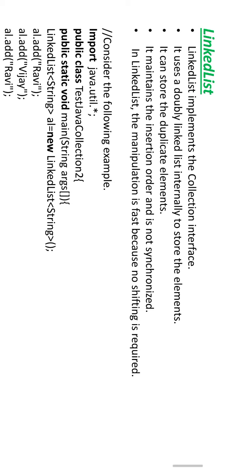Already we know, which is covered in the DS data structures topic, what is the meaning of doubly linked list, how it stores the elements, and how it gives the pointer to the next elements. That is about the doubly linked list. And it can store duplicate elements, and it also follows the insertion order. In whichever order you store the elements, in that order only it will display and go to the next element.